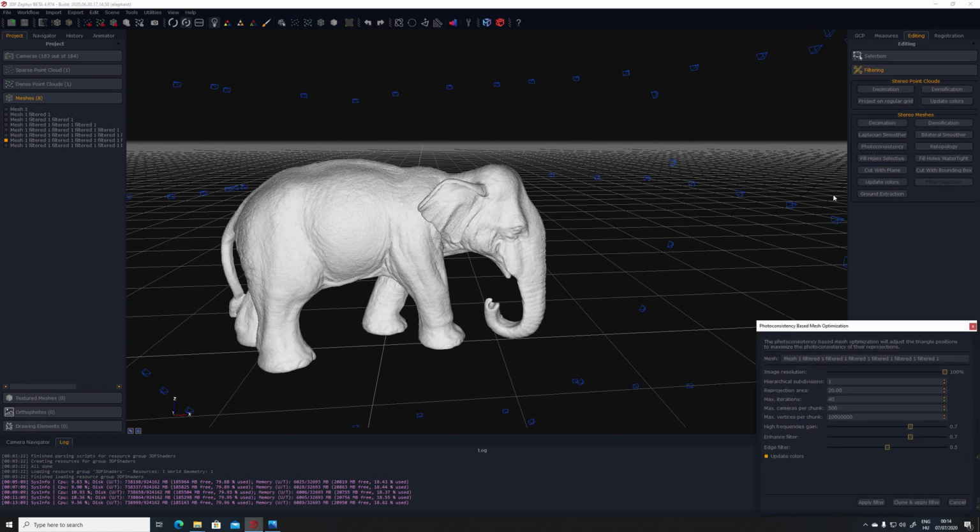case I set it up like I did not use that much high frequency gain. I use it approximately this much, like around 20, but I pushed the enhance filter a bit more, and I absolutely took down the edge filtering. I did the edge filtering before, but after I did a little smoothing, because sometimes the edge filtering can generate two geometrical